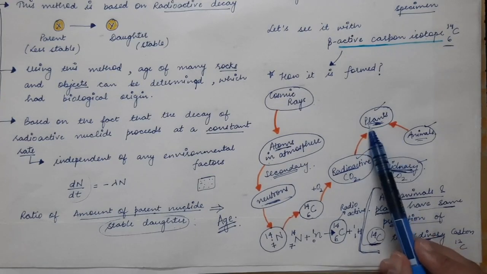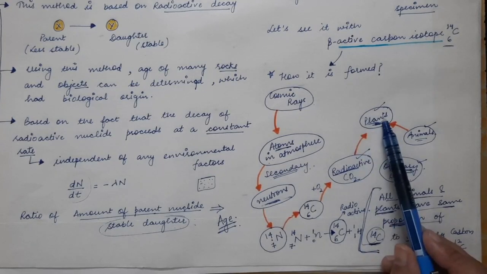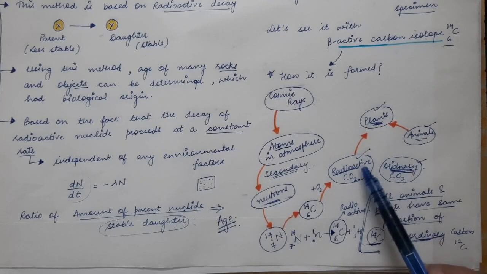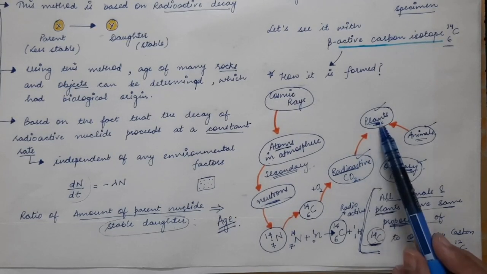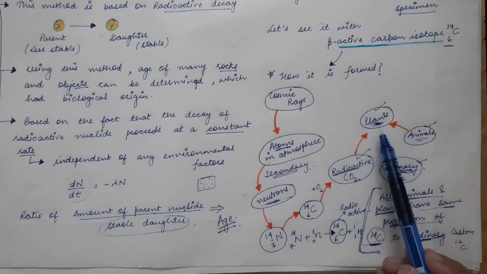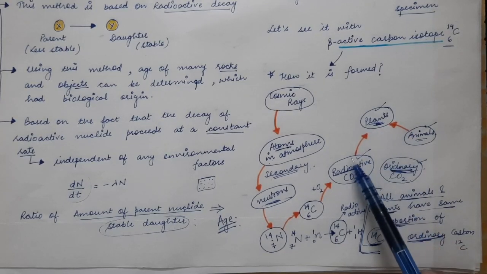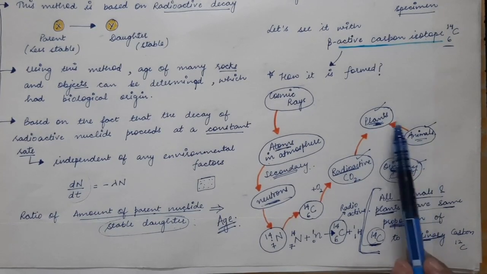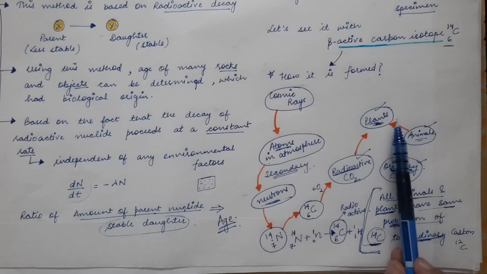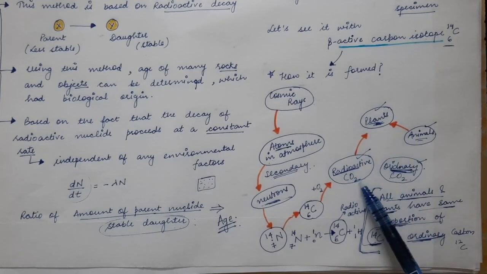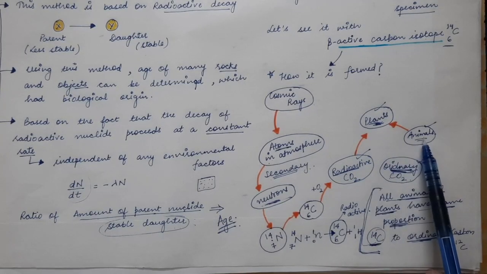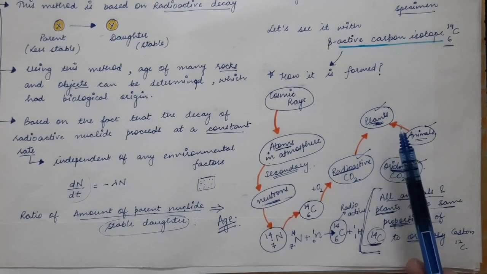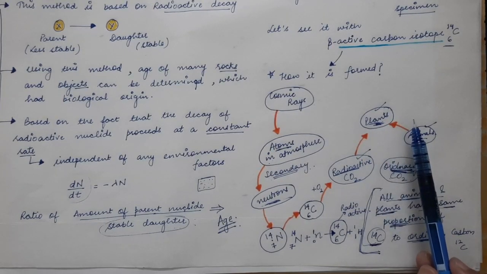consumed by the plants. So the plants take up the carbon dioxide, so they will also breathe in the radioactive carbon dioxide. So radioactive carbon dioxide is taken up by the plants, and from this procedure, the radioactive carbon goes into the bodies of the plants. And the animals which consume the plants, when they consume the plants, this radioactive carbon goes into the bodies of animals as well. So this is how radioactive carbon is present in almost every living being which is present on earth.